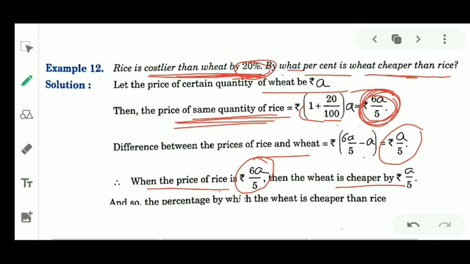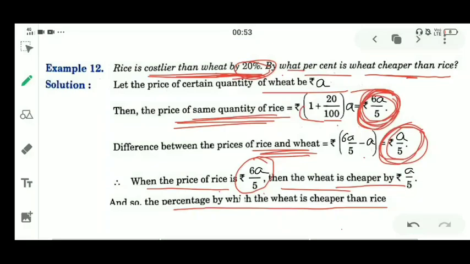When the price of rice is 6A by 5, then wheat is cheaper by A by 5. That's the difference between the rice and wheat. Okay, so the percentage by which the wheat is cheaper than rice is equal to